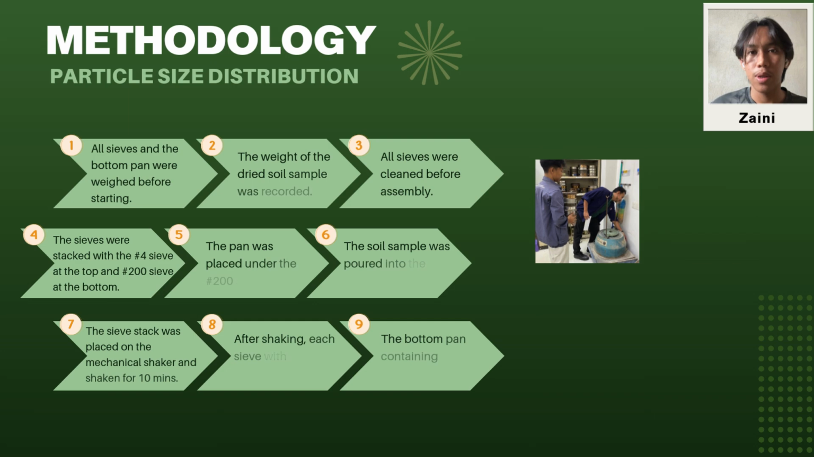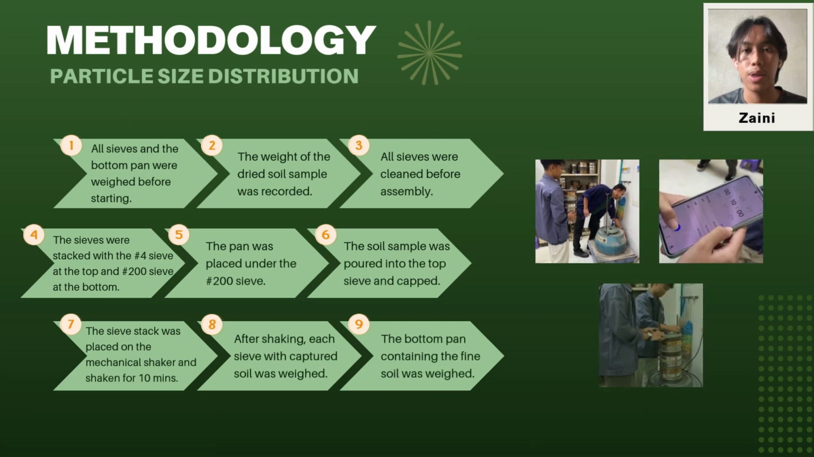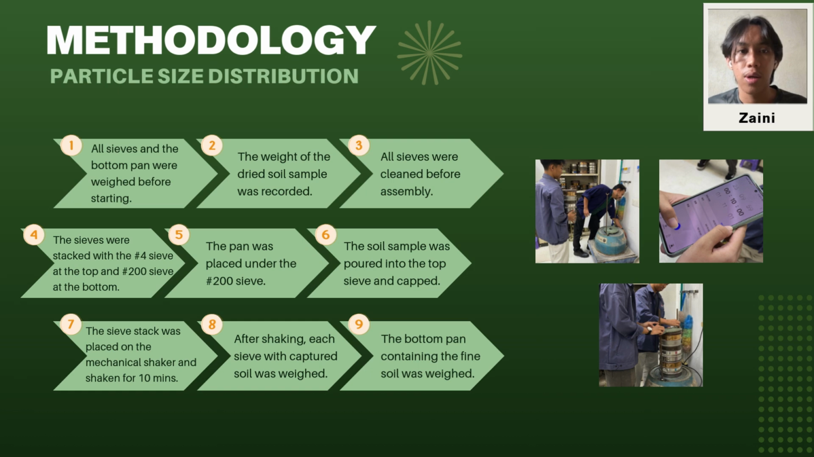Okay, I will explain the method we use in our study to see how palm kernel shell ash can improve soil properties. For our preparation, we conducted the particle size distribution test to analyze the soil's gradation. We started by cleaning and weighing all the sieves and the bottom pan. The sieves were stacked in order with the number 4 sieve at the top and the number 200 sieve at